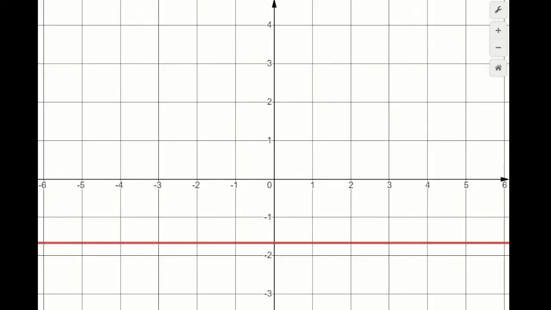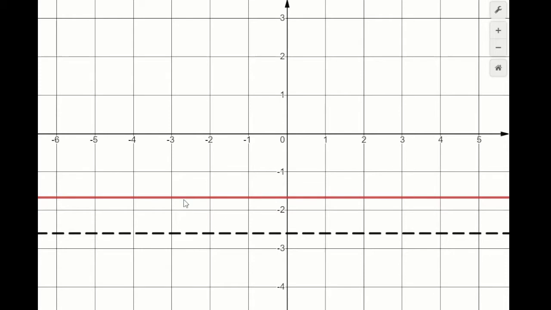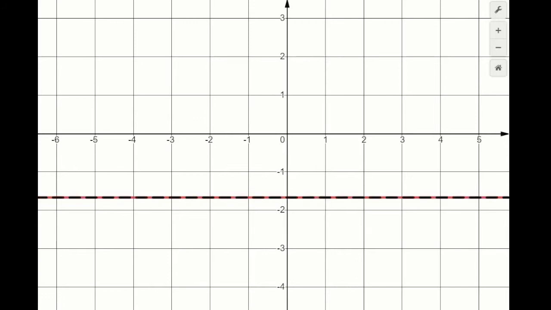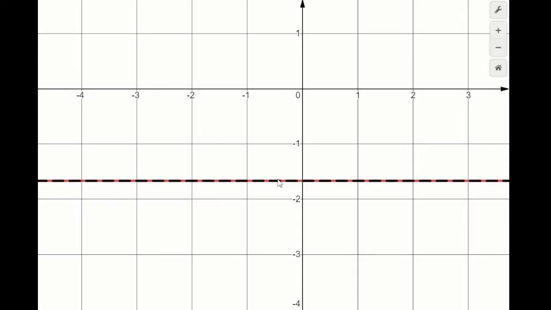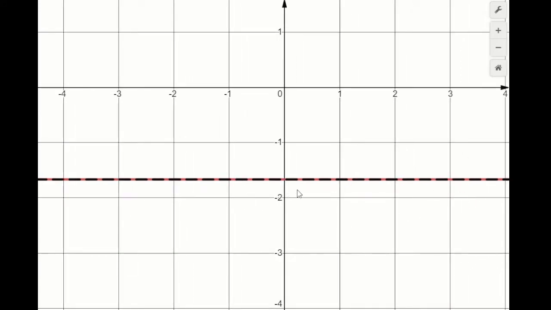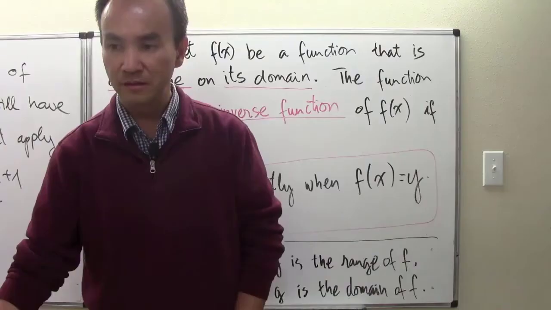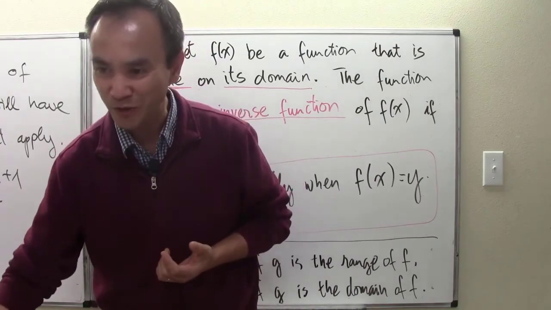So now we're going to place a horizontal line, moving it up and down right here. Right now the horizontal line still did not interfere with the graph of the function. But now I'm going to bring that right to negative 5/3. Now the graph itself is a horizontal line, and this dotted black line is also a horizontal line. Once the two lines are placed exactly on spot with each other,